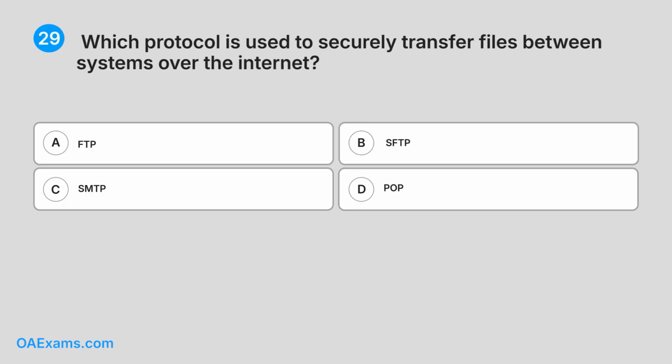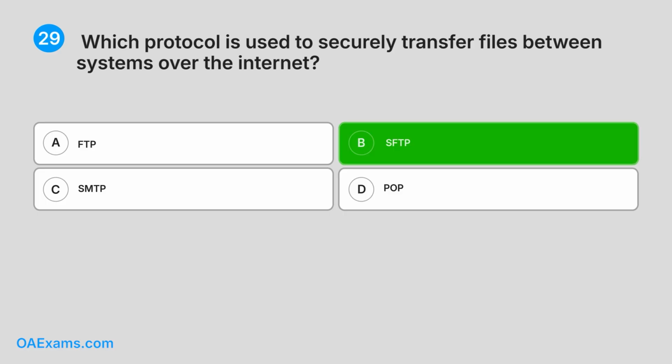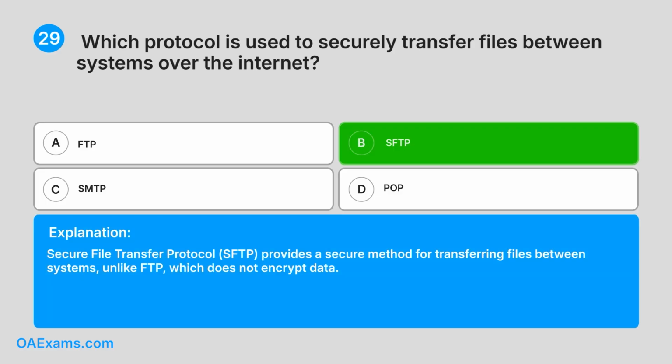29. Which protocol is used to securely transfer files between systems over the Internet? A. FTP. B. SFTP. C. SMTP. D. POP. Do you know the answer? Correct answer. B. SFTP. Explanation. Secure File Transfer Protocol, SFTP, provides a secure method for transferring files between systems, unlike FTP, which does not encrypt